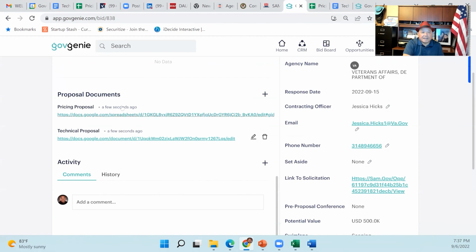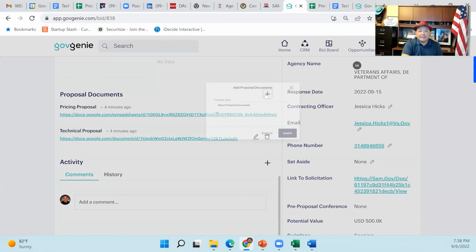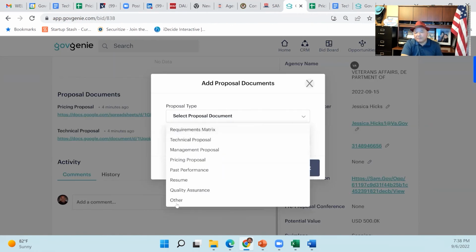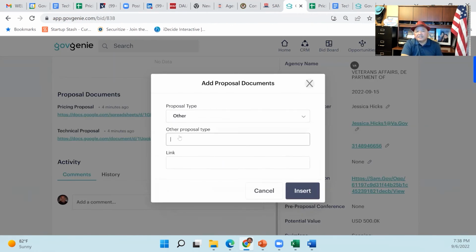You put your documents here. Again, we recommend using Google Docs. You could put a Dropbox link in here too, if you want to do that, but you and your team can't work on that in real time. And you're going to keep on adding more documents in. So that's why we recommend using Google Docs to manage all your proposals, your technical, your pricing, all your stuff. And if it's not on this drop down, you hit other,